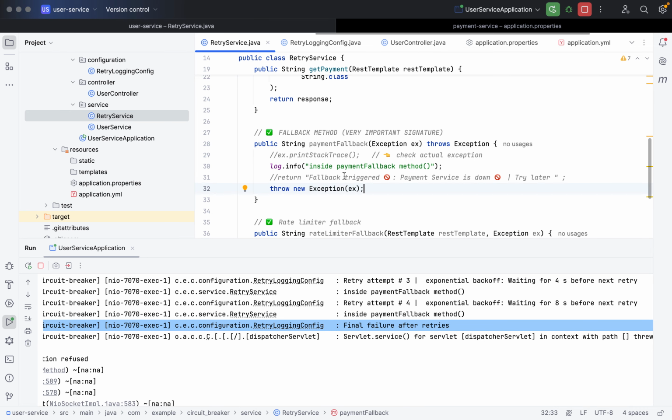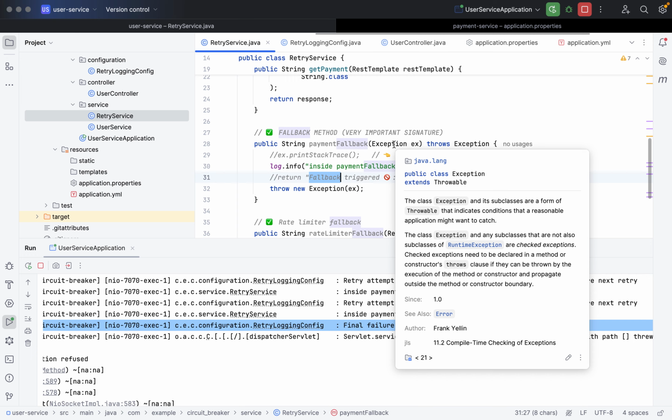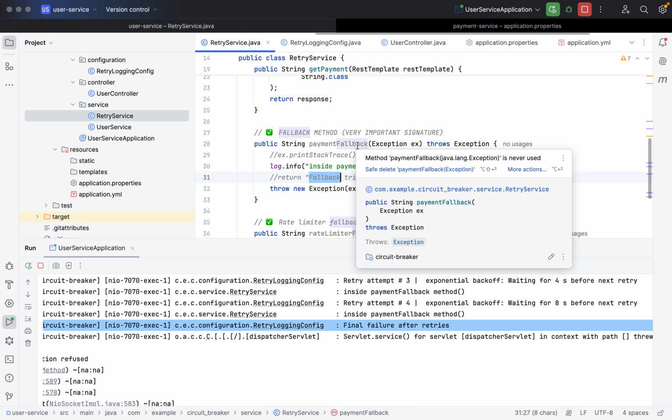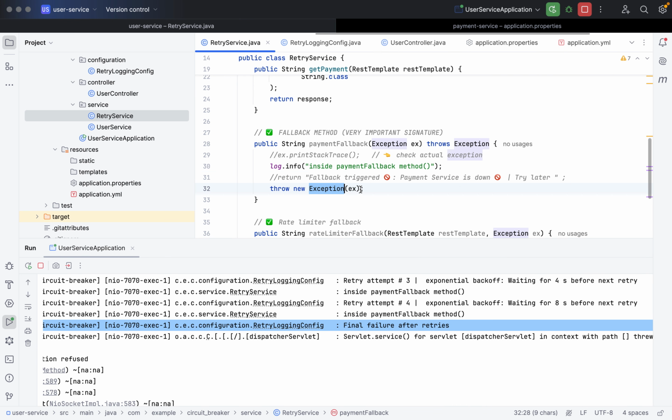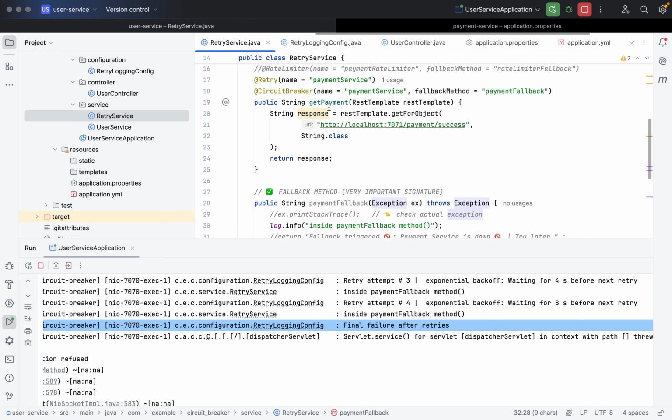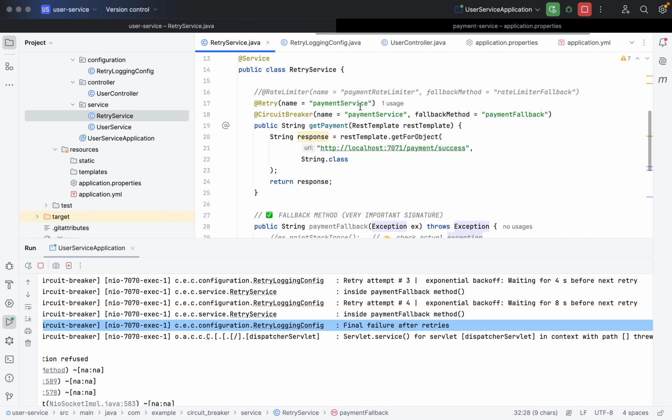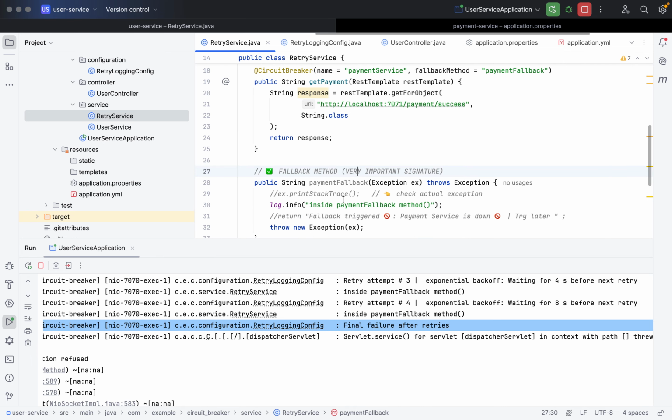The normal scenario was that fallback returned a dummy response and retry considered it a successful response, so retry was not triggering. It was just sitting back and relaxing, right? But now when we throw the exception intentionally, retry sees it and thinks, okay, now my time is here, I have to retry this request because an exception is thrown and it failed.